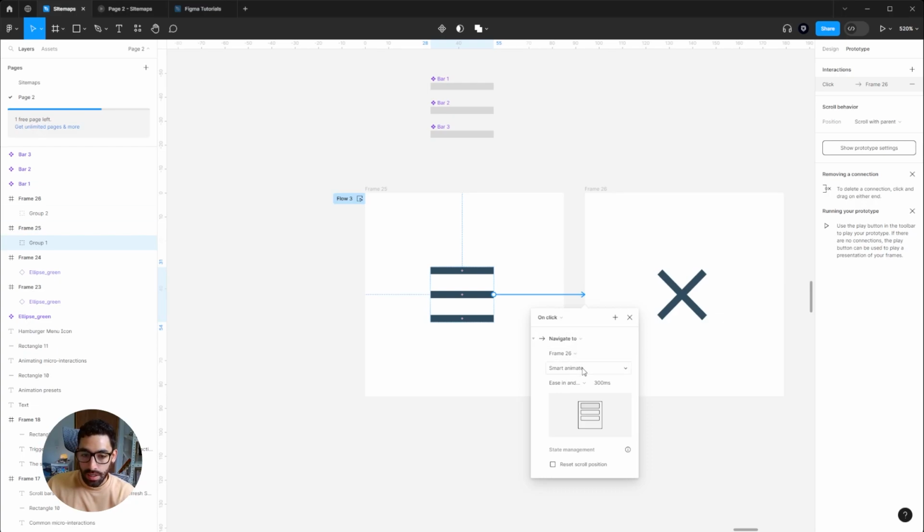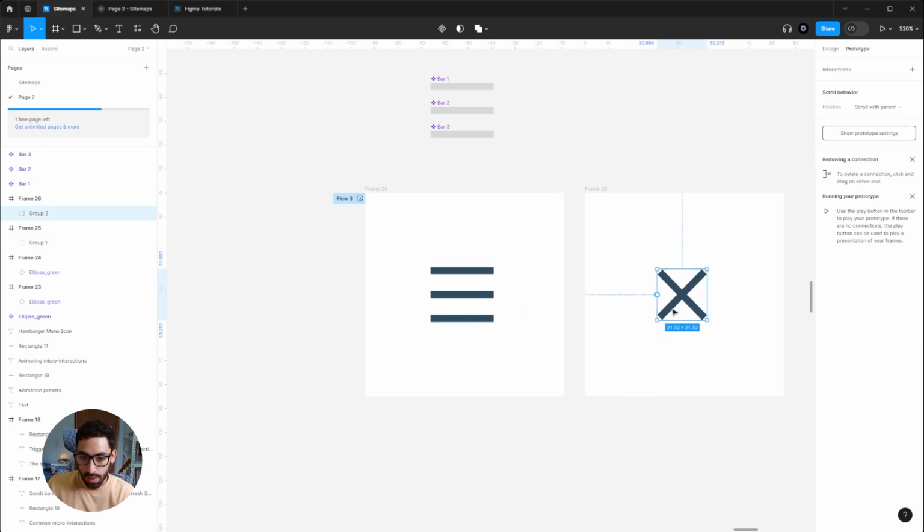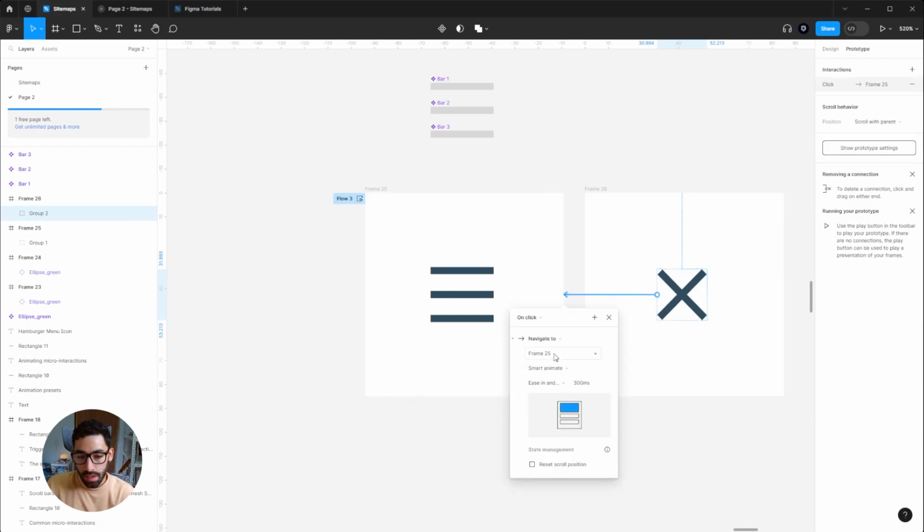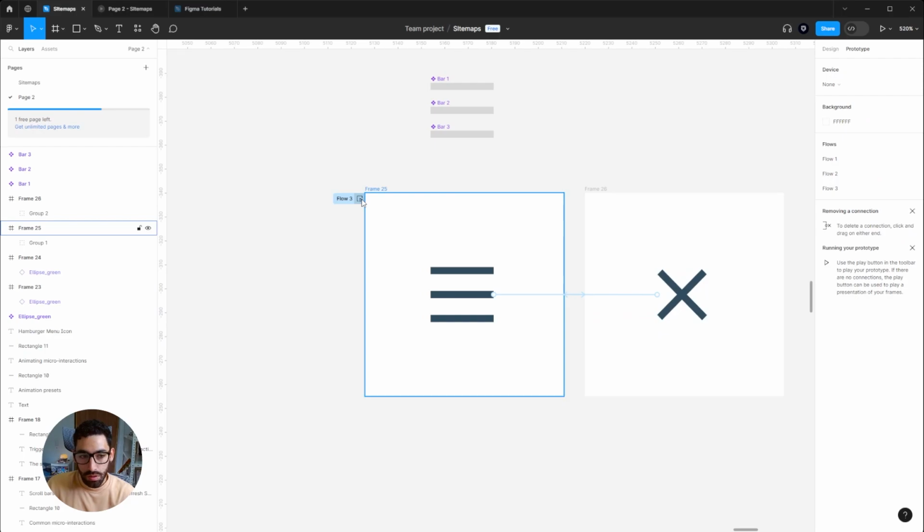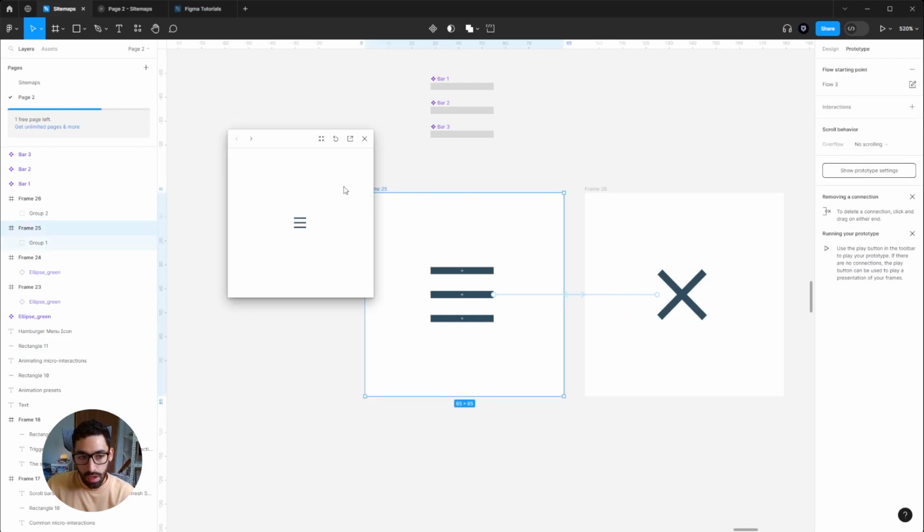I'm gonna leave the settings as Smart Animate, in and out, and 300 milliseconds, and I'm gonna do the same thing for the X. I'm gonna click it, search for the animating dots. You can grab any of the dots and just simply drop it in the frame you want to be animated. I'll leave the same settings. Smart Animate, in and out, 300 milliseconds. And let's check how that looks. We got our hamburger menu, and when I click it,